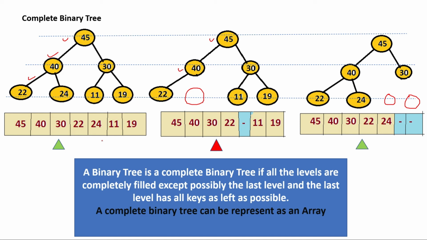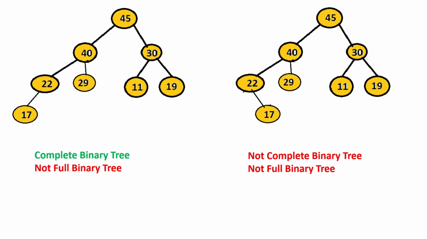Okay, so if you see more examples here, for this tree, we will see both the combinations now. We will see whether it's a complete binary tree or a full binary tree. Which one? Maybe both or maybe one of them. So first, we can see whether it's a full binary tree or not. For the full binary tree's definition, what we learned is that each and every node will have either 0 or 2 nodes. So for 22 you can see only one node is present. This right side node is not present. For 29, 11, 19 it is okay because they have 0 nodes. Then it's actually not a full binary tree.